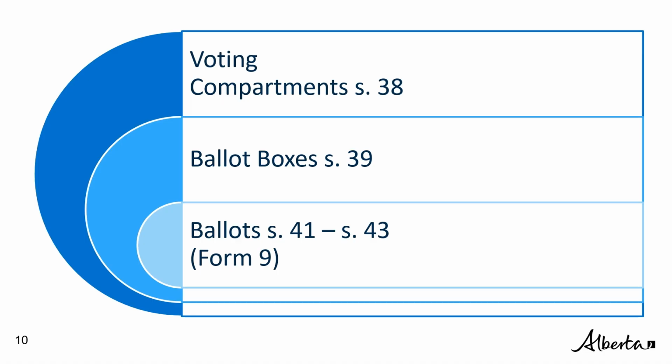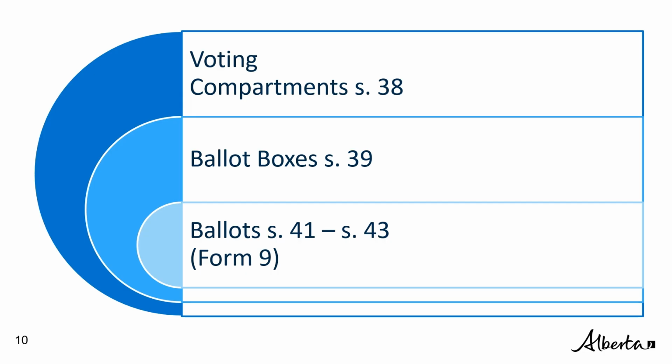Section 39 requires ballot boxes to be made from a durable material and constructed in such a way that ballots cannot be removed unless the seal is broken. We can't recommend vendors for election supplies, but we do have a sample supply list up on our resources page. Also, a quick Google search should give you an idea of where supplies can be purchased. Or you can speak to your counterparts in other municipalities.